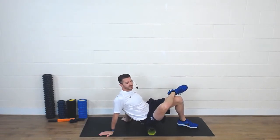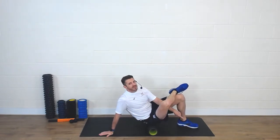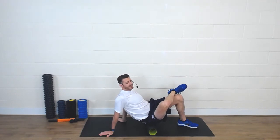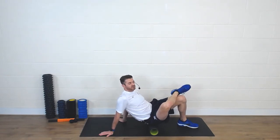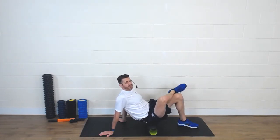I've got my arms behind me, and all I'm looking to do is find a position to rock forwards and backwards. So I'm using the work by the foot that is on the floor. This foot is just putting a little bit of pressure into the floor, and that allows me to rock forwards and backwards. At the moment I'm working quite high up at the top of my glute. One of the things you can do here is not only rock forwards and backwards like I'm doing at the moment, but if I pause at a point where I find the muscles are starting to meet and cross over, then I'm going to rock from